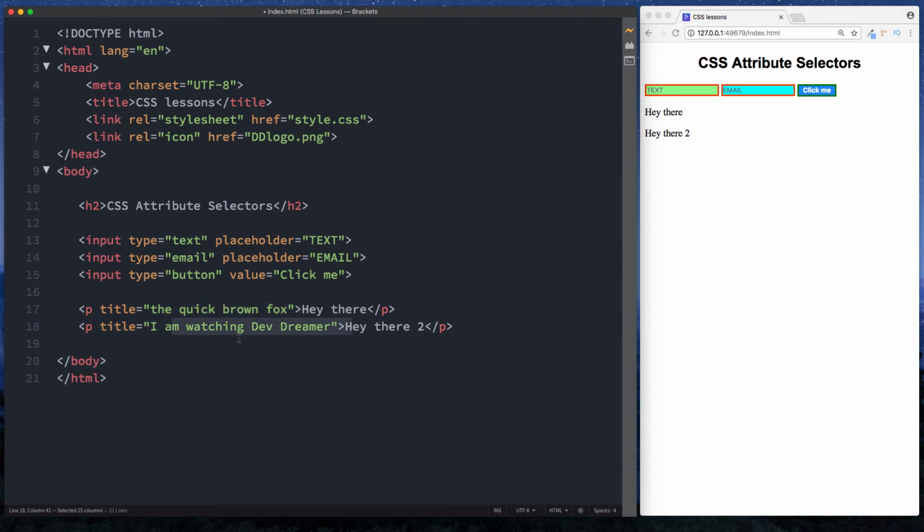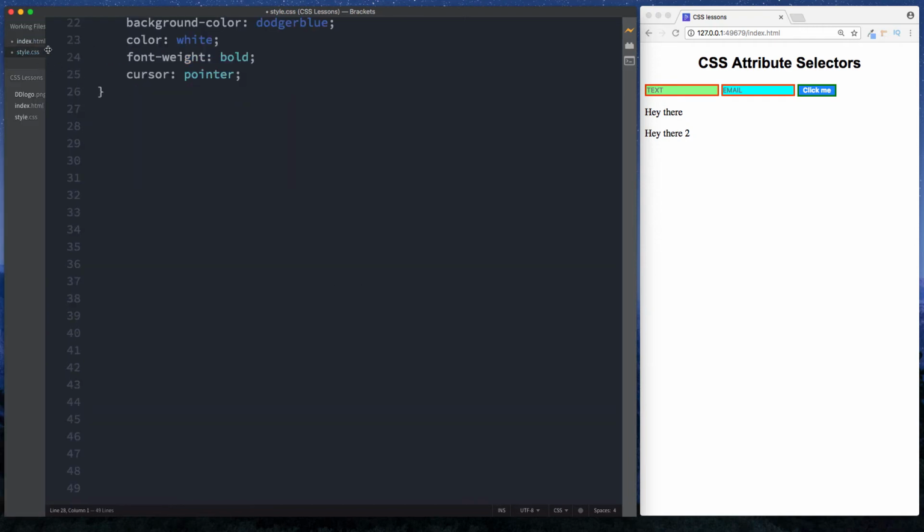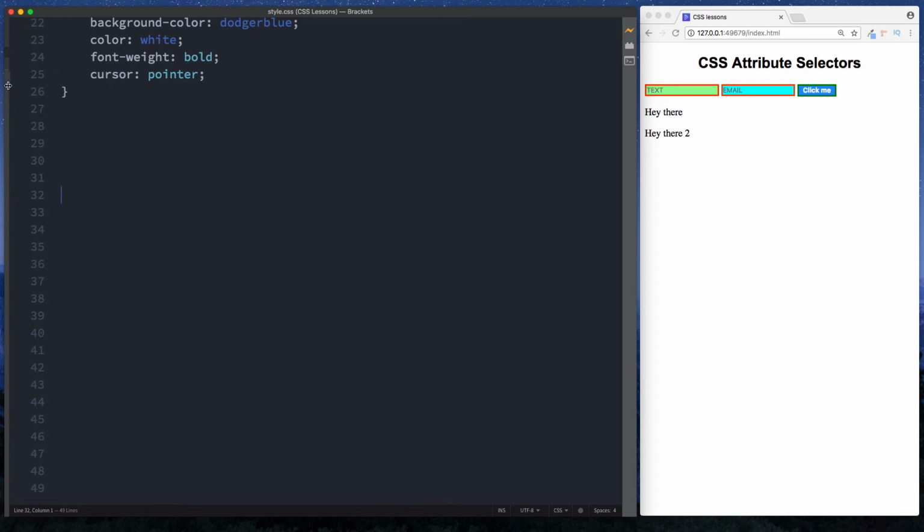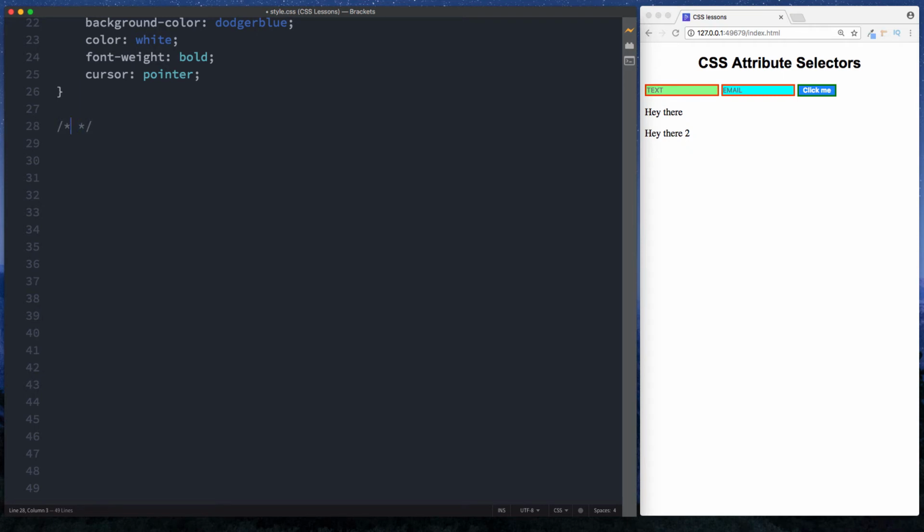Let's now take a look at how we can style these. So let's go to our CSS file. Let's actually just save this very quickly first. Now let's do a quick comment here, and you'll understand what I mean by selecting by what something starts with in just a second. So let's just say attribute starts with, and over here then let's select our element first. So remember, to select an element we just simply do P in this case because we're selecting paragraph elements,